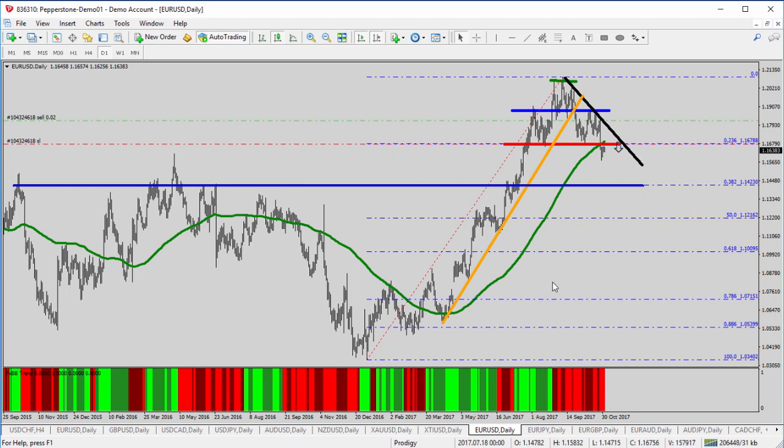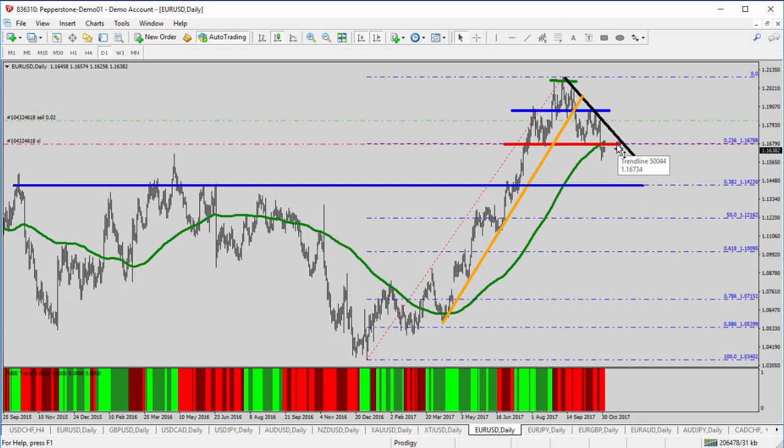It's easier to see because there are no other lines, and I've zoomed way out so you really just see the structure of the pattern. You don't really concern yourself with the candlesticks. But of course, the gold trend line, the uptrend, the black trend line, the downtrend, the blue horizontal line at the top, the short blue line being the shoulder level of the head and shoulders pattern, the green line being the top, the red line being the neck level. What's important about that red line is that's also where the 100 period moving average comes into play, right around the